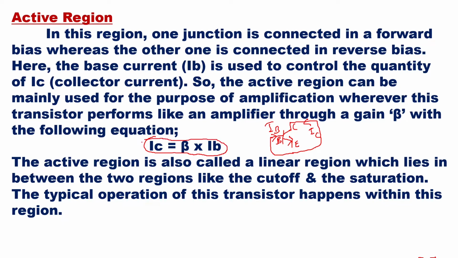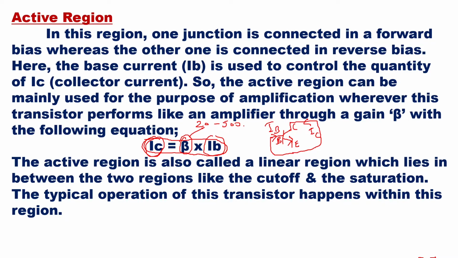So this is your very important amplification factor that you get in common emitter configuration for a transistor. And this is where a transistor is used as an amplifier, because the output current here, IC, will be beta times the input current, and this beta value can be from 20 to 500. So that many times there will be an increase in the output current as compared to the input current.